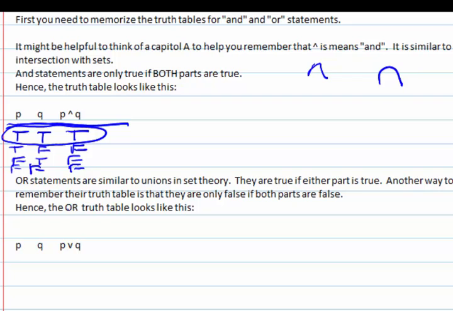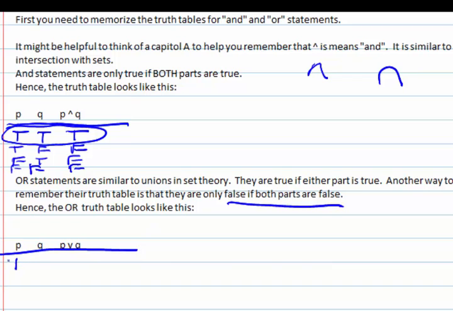Now, or statements are similar to unions in set theory. They're true if either part is true, or another way to think of that is the only time they're false is if both parts are false. So if we do the truth table for an or statement,